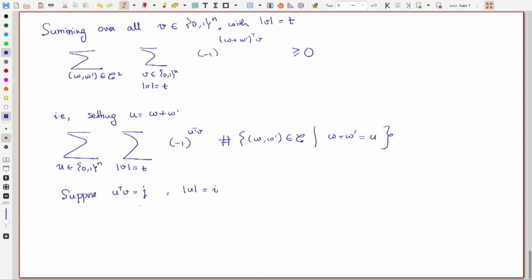So, suppose I have this information that u has i ones and u and v have j ones in common, then I should be able to easily count the number of words w and w' in C